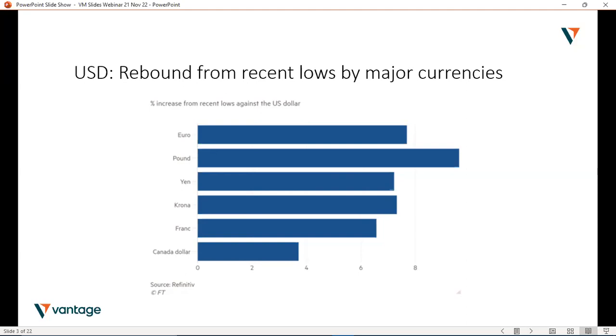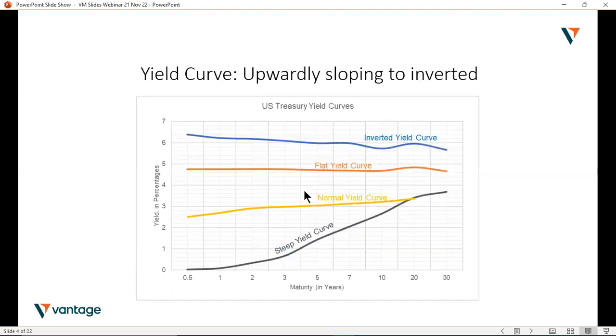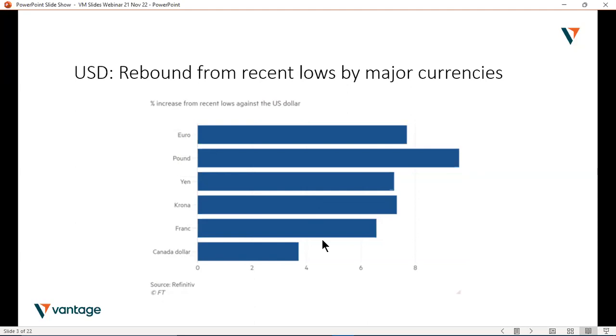Big rebound since those lows, but across the board really: euro, yen, franc as well, the Swiss franc. And then you've got the Canadian dollar there, much less so, driven by a slight pullback in risk sentiment, of course, but also by oil. And that's why I think it's worth spending a little bit of time on that. But regarding the dollar,